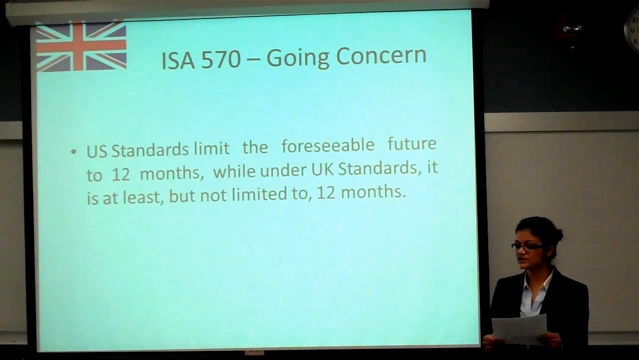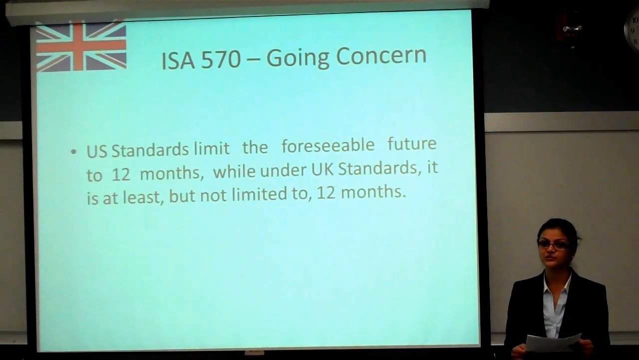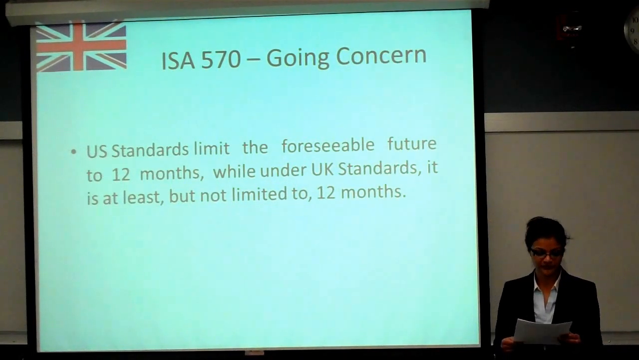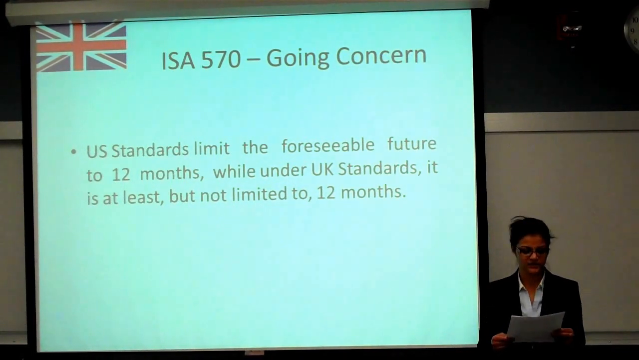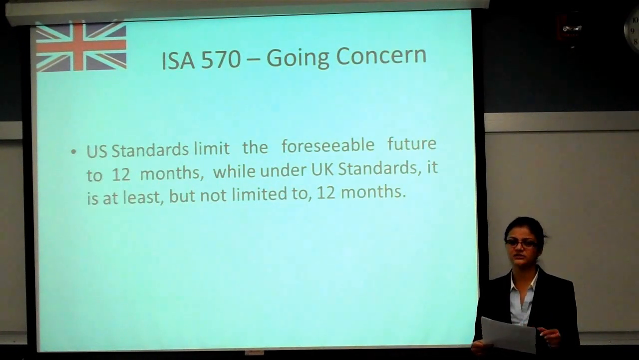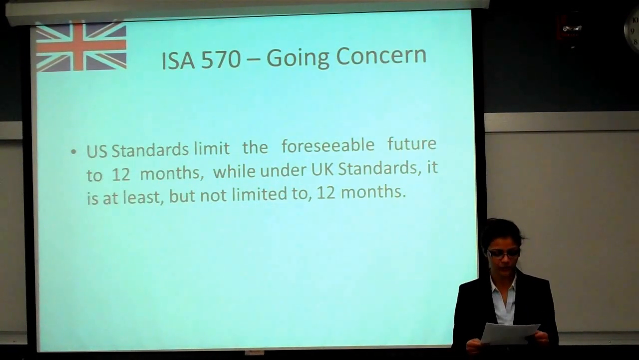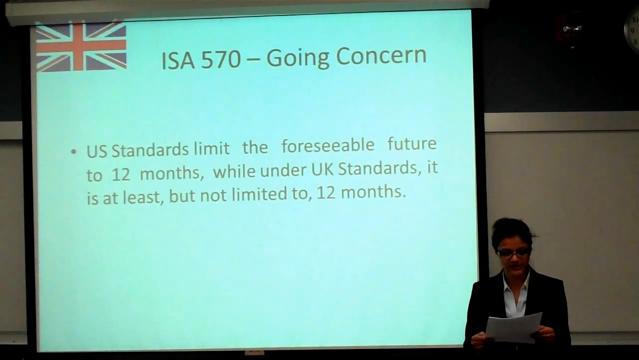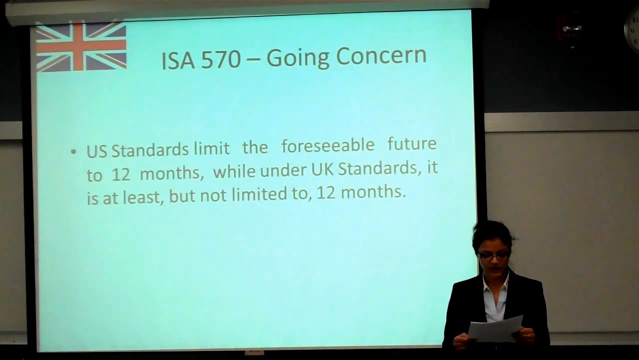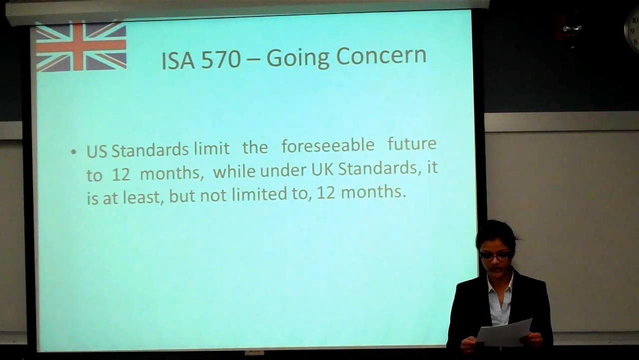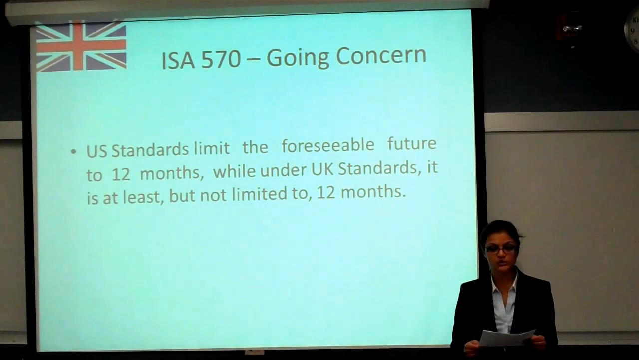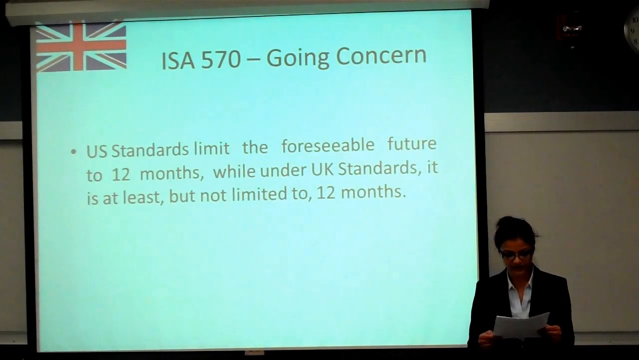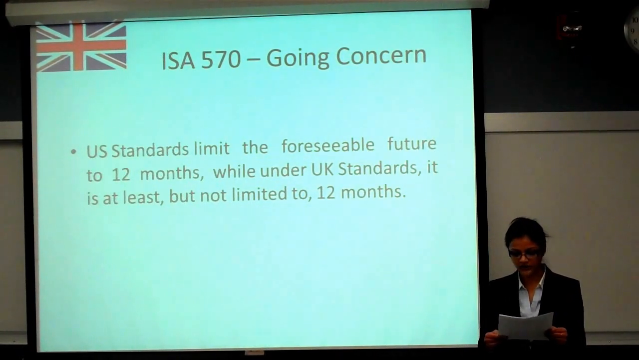The US uses the term substantial doubt in addressing the going concern problem, whereas the UK uses material uncertainties. This is the difference, but there is a major similarity in the going concern standard of both countries. The similarity is that if there is a substantial doubt about the entity's ability to continue as a going concern, then the auditor should disclose this information and include an explanatory or an emphasis paragraph in the audit report to